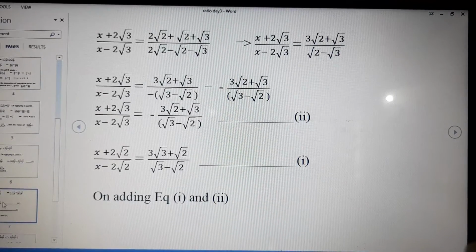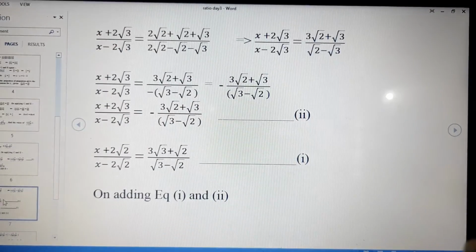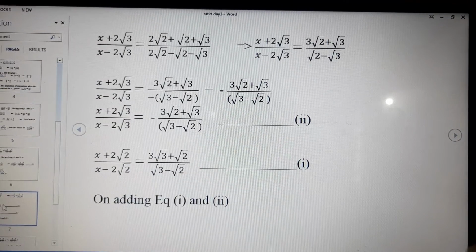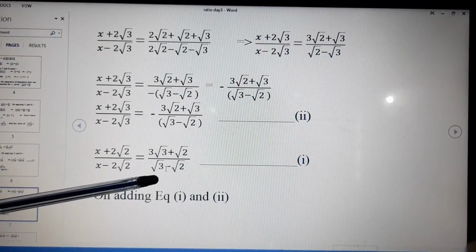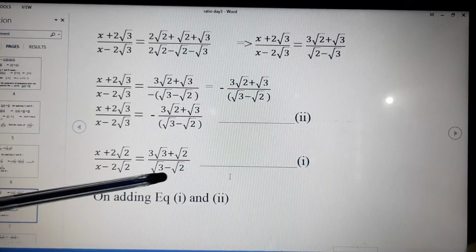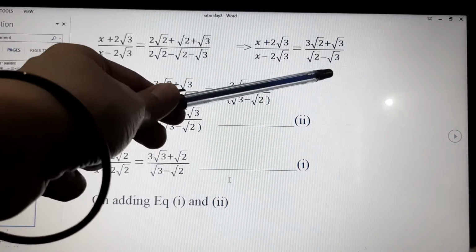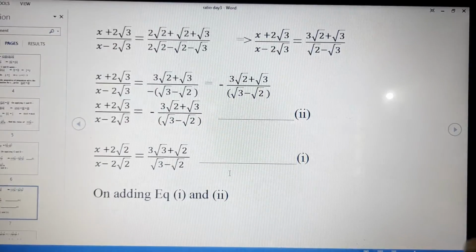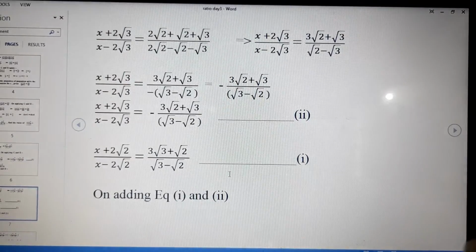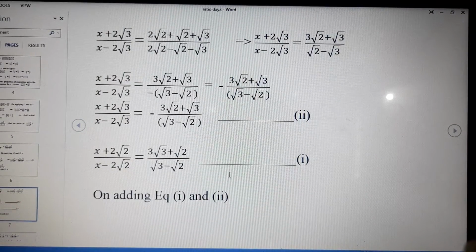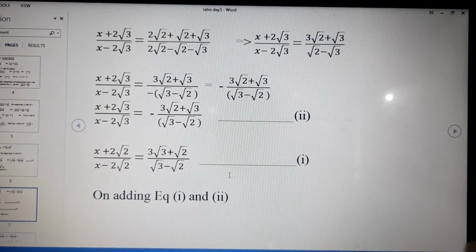Now what we have done, I have taken minus common from root 2 minus root 3. Why have I done this? Because if you see, I have written equation number 1 here. Once again, you can see in equation number 1, it was root 3 minus root 2 in the denominator. What I want here is root 2 minus root 3 here. Almost the same denominator, but the signs are changed. Clear? So in order to have the same denominator, I have taken minus